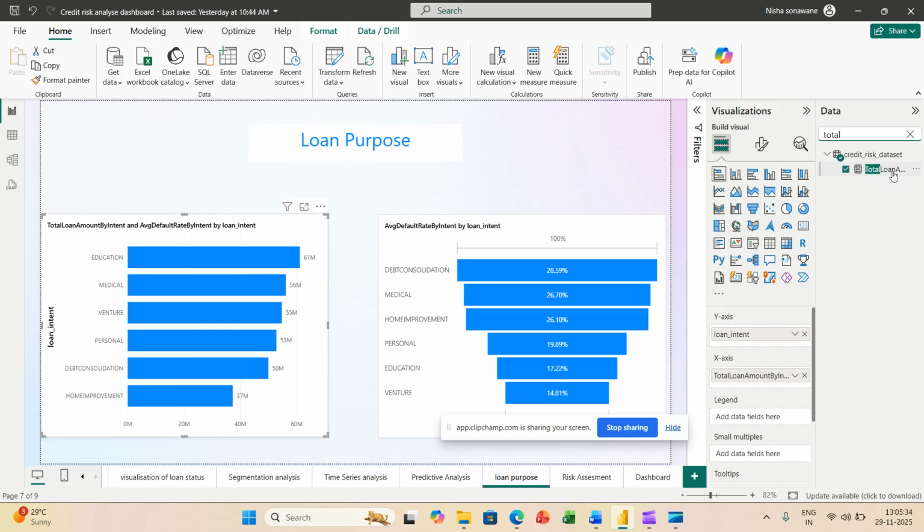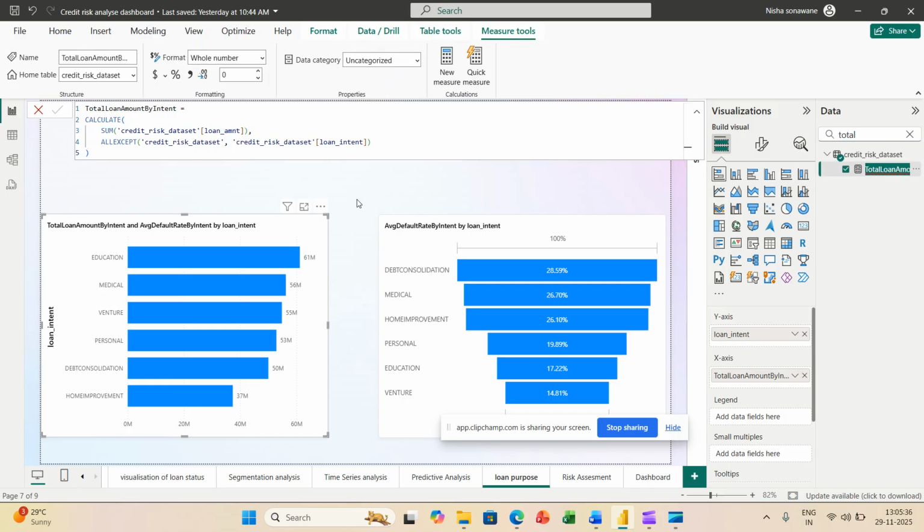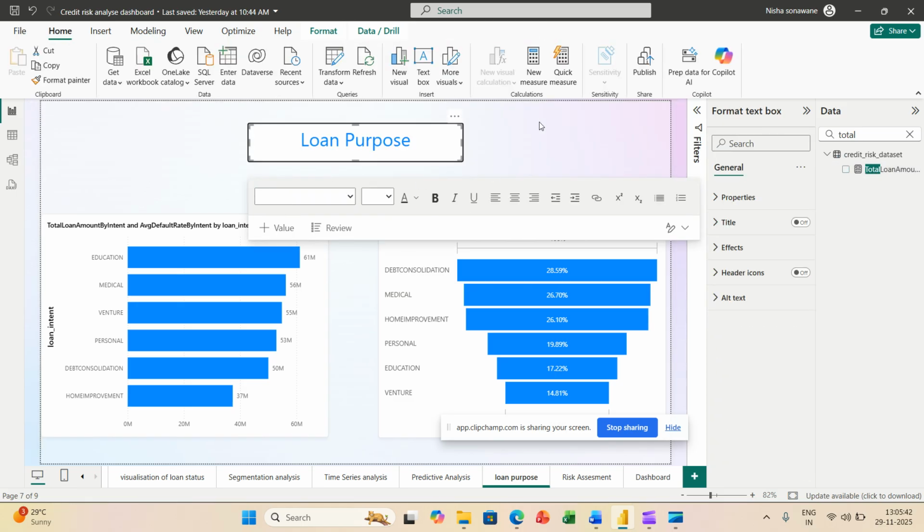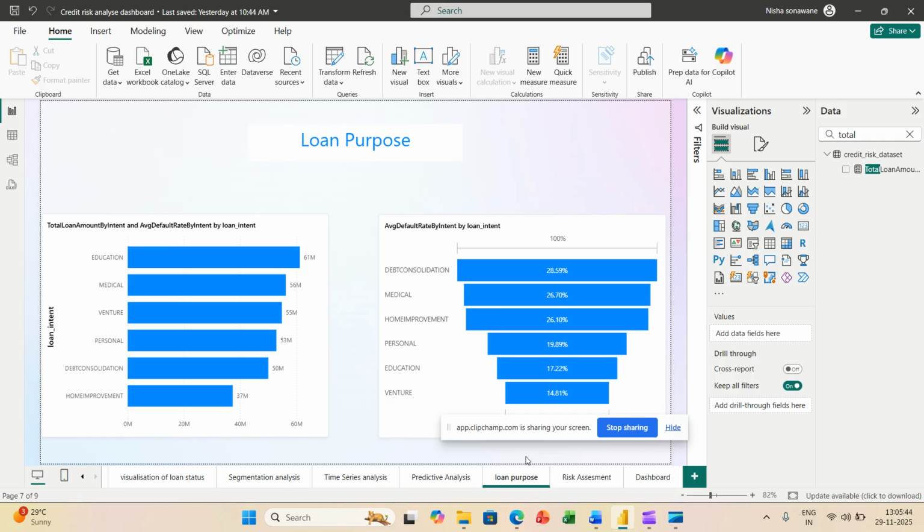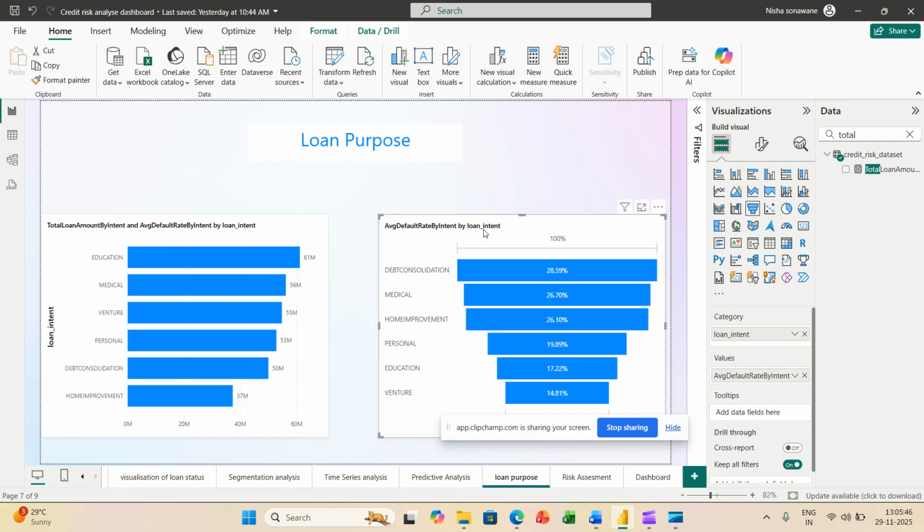For this, I created this DAX. You can see here. Okay. Next is the default rate by the loan intent. For default rate by loan intent, I calculated average default rate by intent, and I show you the DAX.